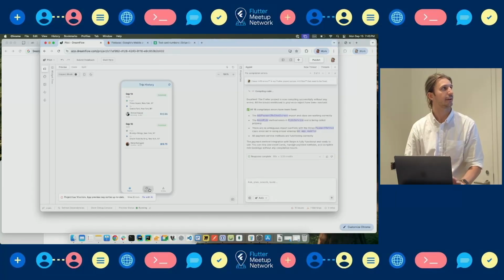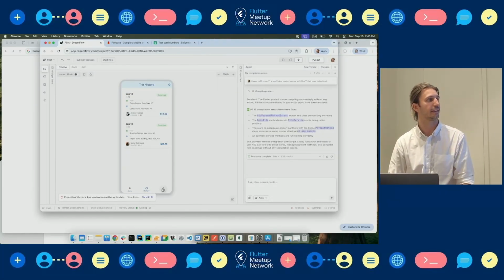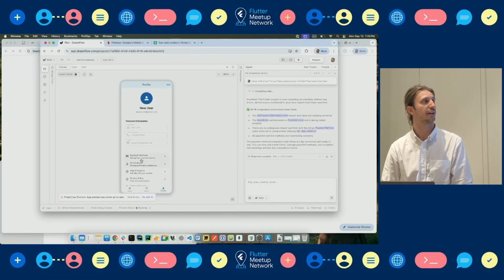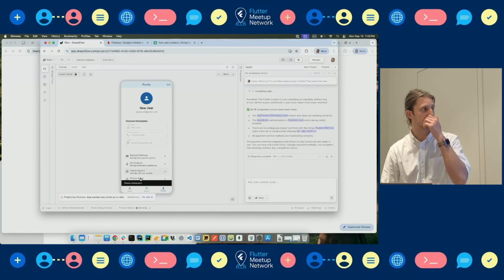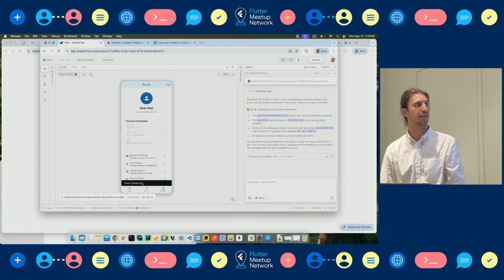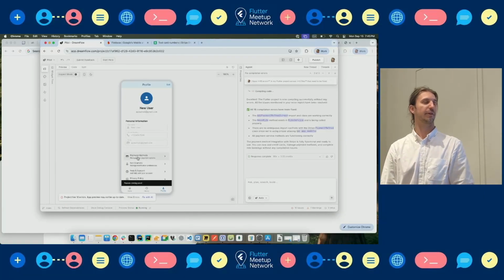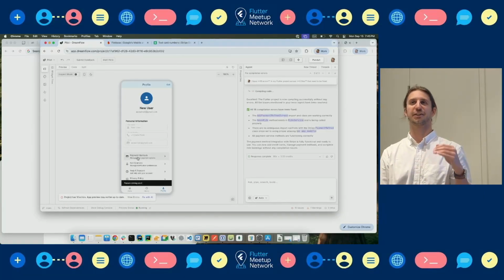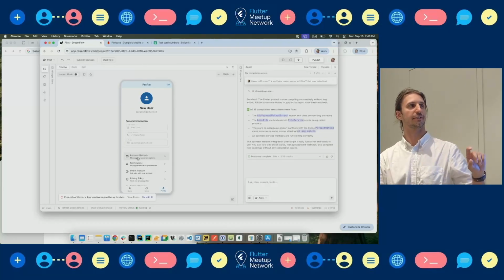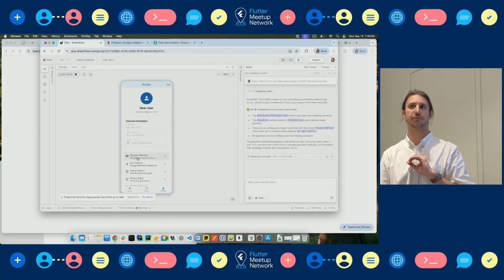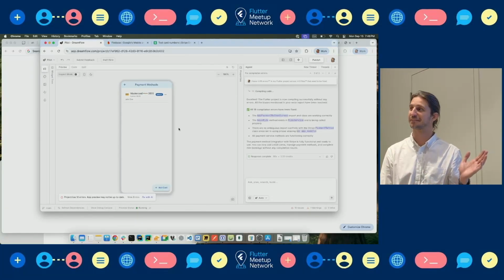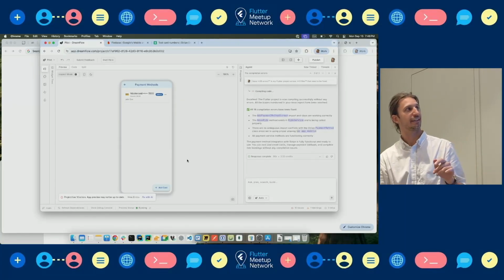But anyway, it had some trips in there, and I went to profile, and earlier when I hit payment methods, it was saying features coming soon. So I figured, let me try and see if I can get it to integrate with Stripe. So I did another command where I said, create payment method with Stripe, and it came up with this. I'm pretty surprised by that. So let's see if it works.